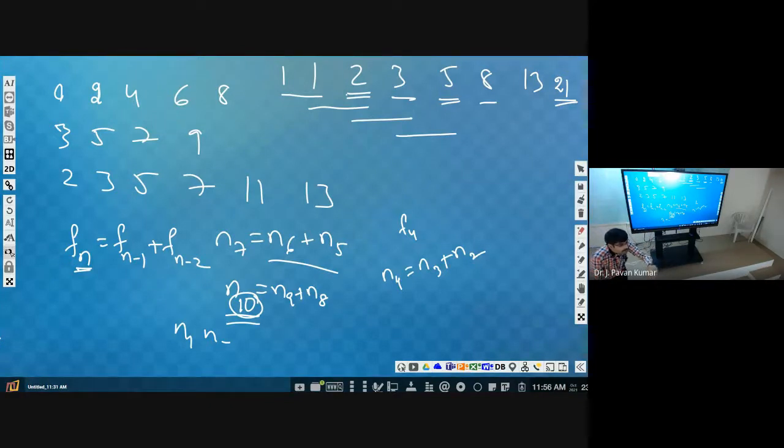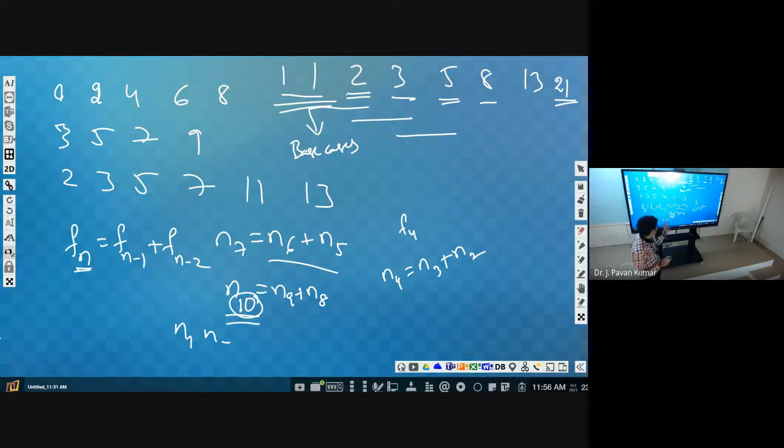Until we get these, what do we call this? I told you, base cases. Until we reach these base cases, we will be repeating. Understand? If you don't have base cases, can we compute? No. We keep on going backwards, but we cannot stop. So we need to have base cases. Then we will have some generalized formula, and that generalized formula will consist of calculating the previous terms.